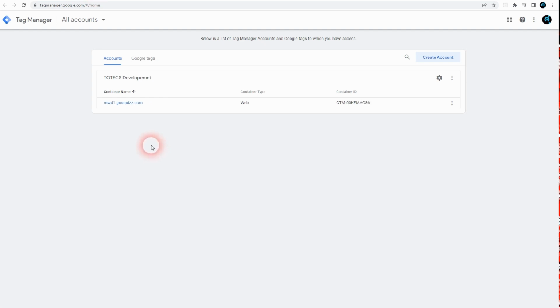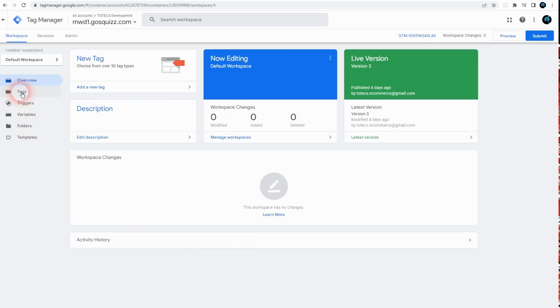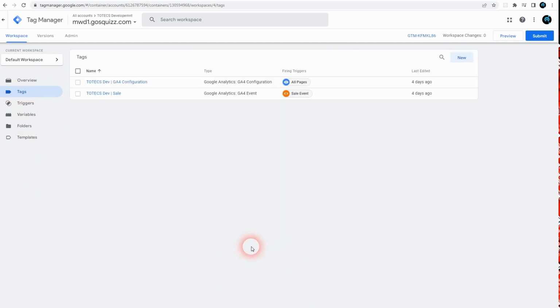Within your Google Tag Manager, you will set up a container, but if you haven't already created a container, you would also create a container for that website where you're going to capture the data from, just like in this example here. And then we can go and view that container. So within this container, if we go into tags, we need to set up 2 new tags in order to be able to connect up Google Tag Manager with the Google Analytics 4 based account. So we could click the new button.